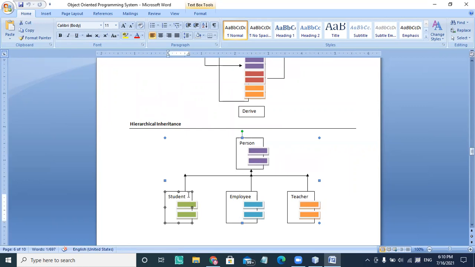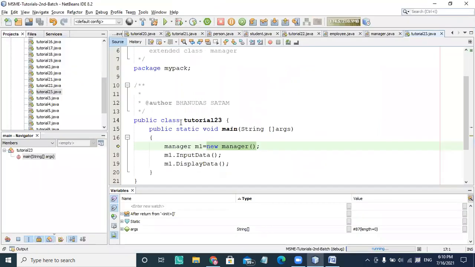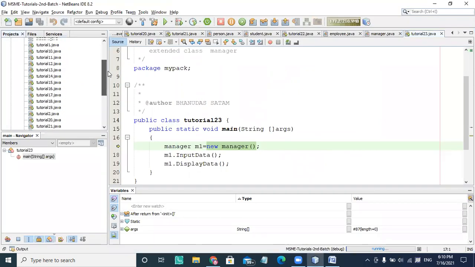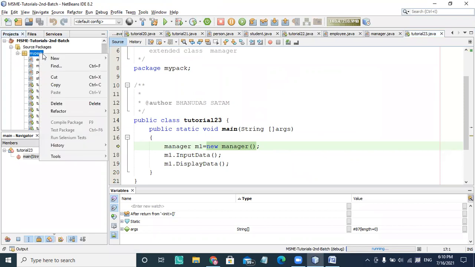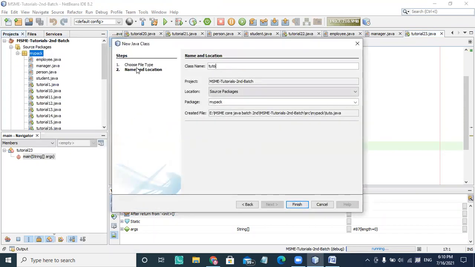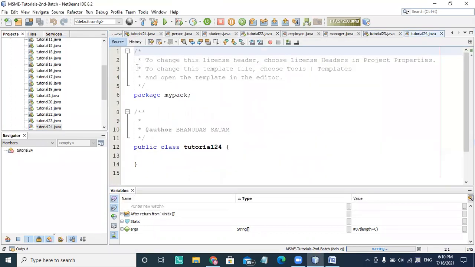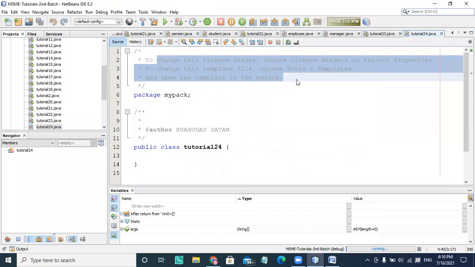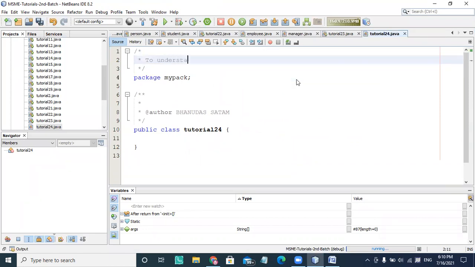So you can create the object of student, employee, and teacher. If you want to see hierarchical inheritance, choose tutorial number 24 here.